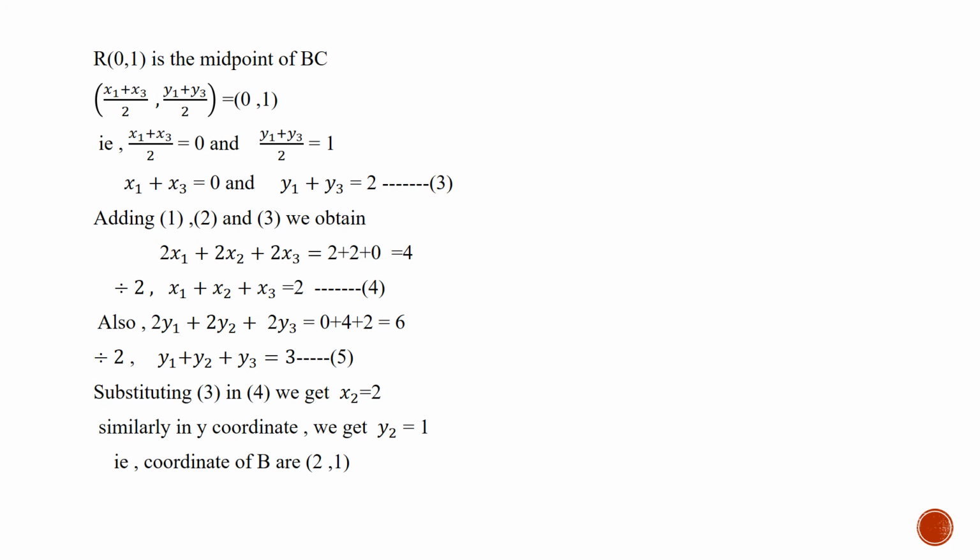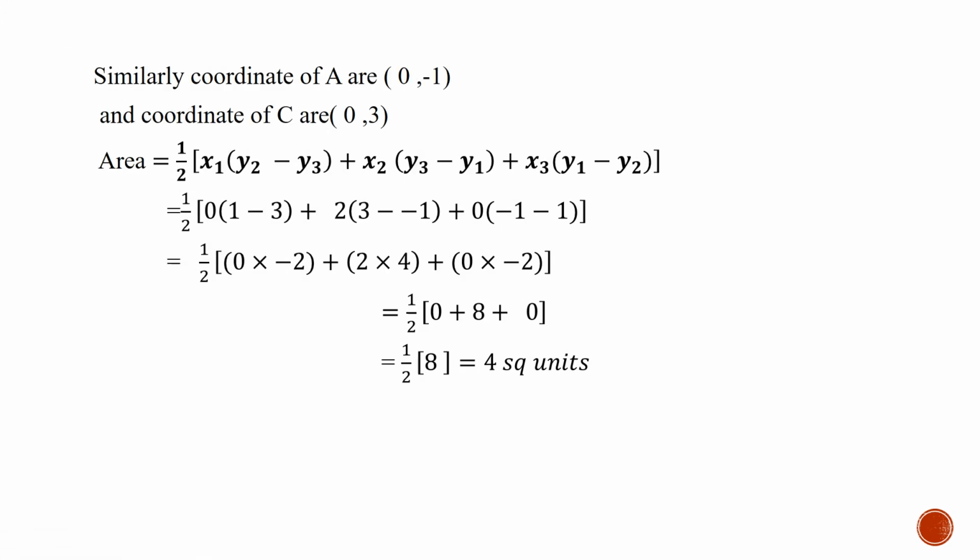From this we can find x2 = 2. In the same way we can find y2 = 1. Therefore, the coordinate of B, which is (x2, y2), will be (2, 1). Substituting in equation 4, we can find the coordinates of A as (0, -1) and the coordinate of C as (0, 3). Therefore, area of the triangle will be half into 0 into (1 - 3) + 2 into (3 - (-1))